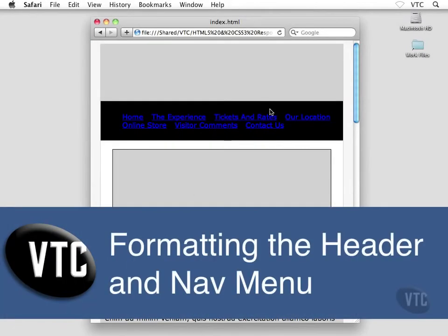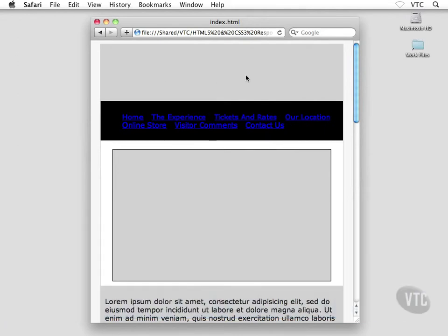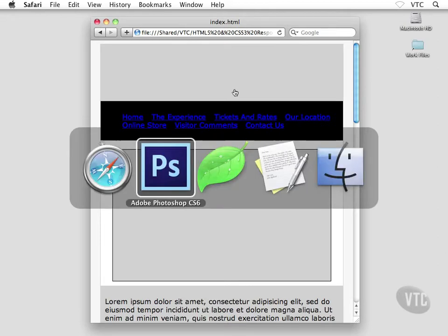Okay, let's go after the header. Now, before we actually go after the header, there are two RGB color values that we need to have handy. The background for the header, and we may as well grab the orange color for the main navigation menu. So if you don't have them still jotted down in front of you, once again, what you could do is